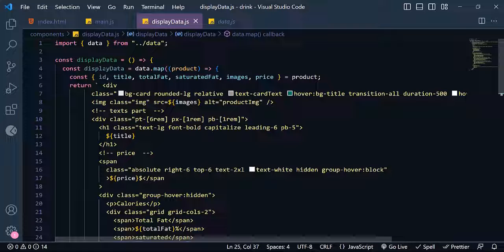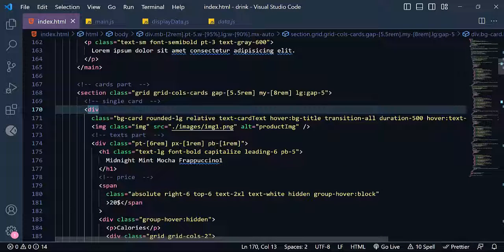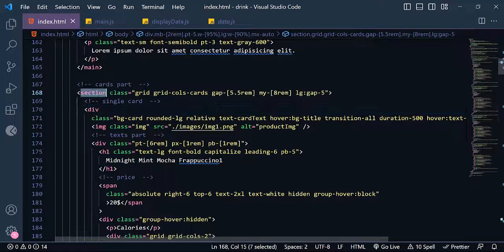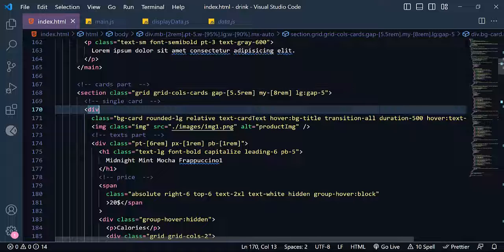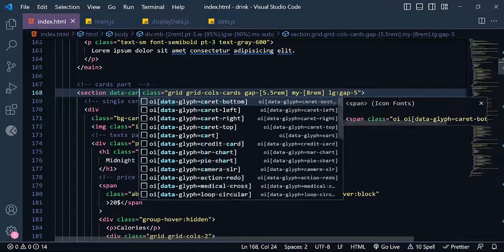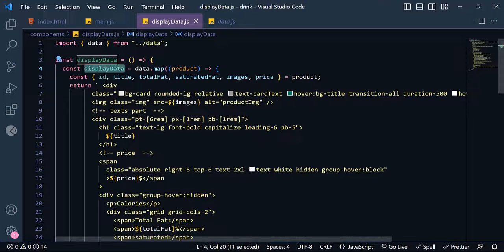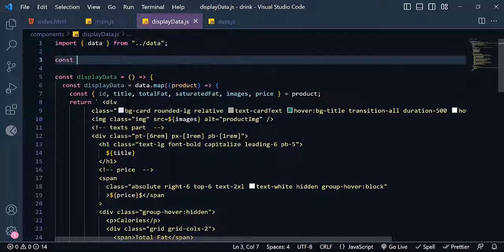Now we need to append this file to our div inside index.html. So as you can see, the container for this product is this section. So we need to grab this section inside this file. So I'm gonna add the data attribute in here, data-cards, and using this data we can grab this section inside this file. So I'm gonna write here cards